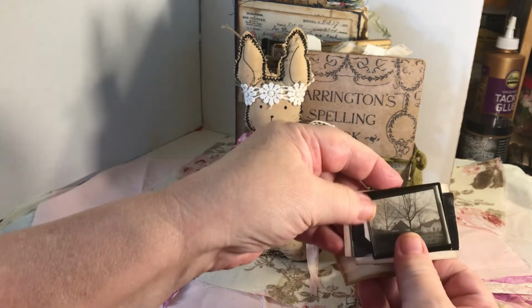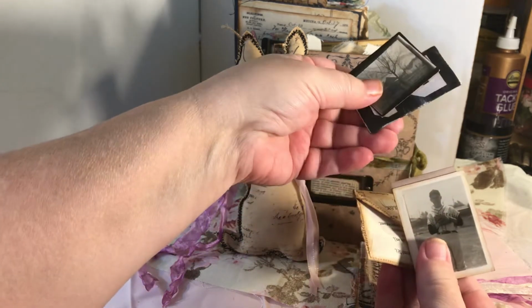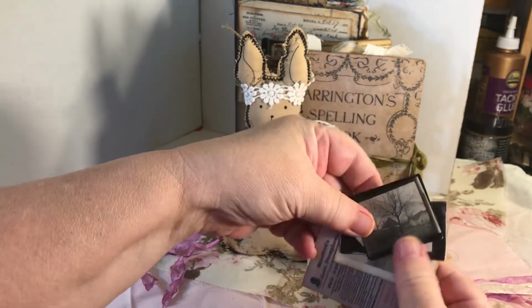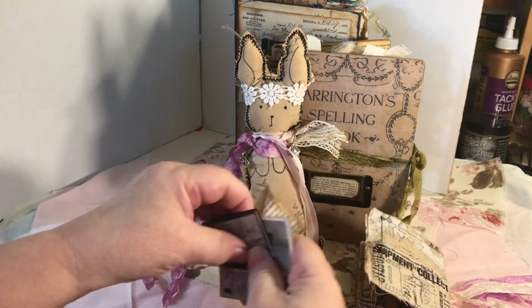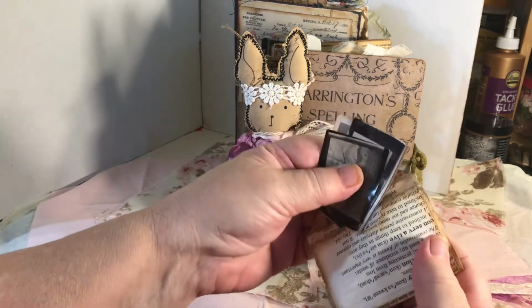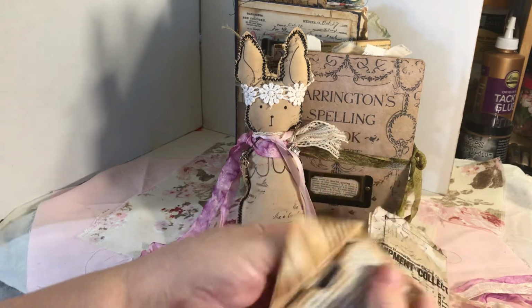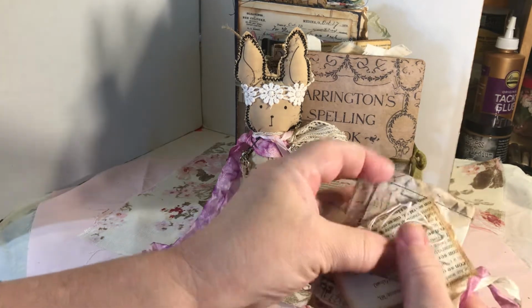Oh, here are some little tiny pictures that I got out of a photo album. I think they are so cute. I always feel a little sad and nostalgic when I see things like this because, trust your heart, it means that either there's no family members that want these pictures, maybe they're all gone or something like that, and it just makes me feel a little sad for the family, but that's why I take them and I try to treat